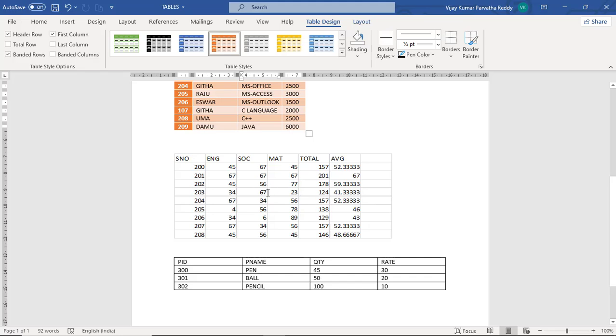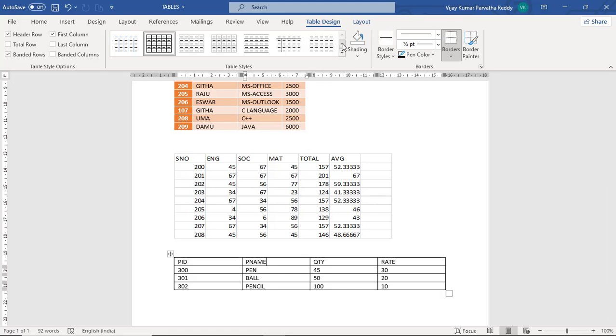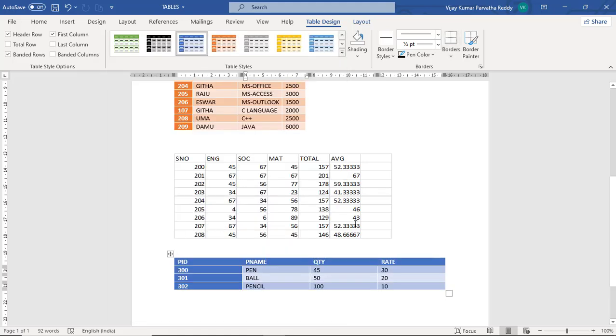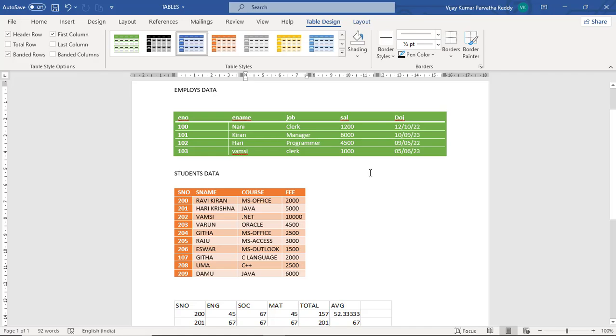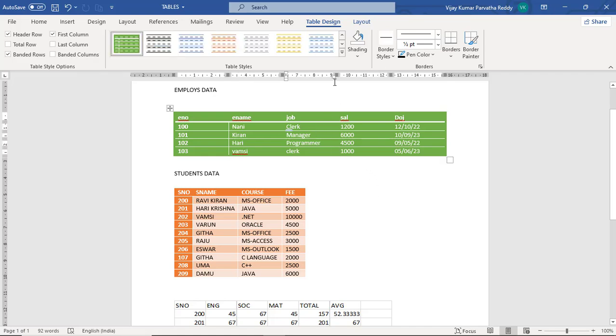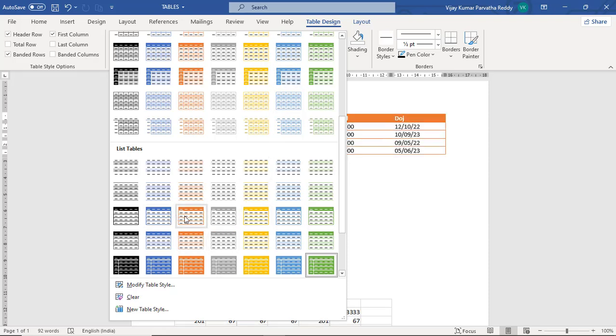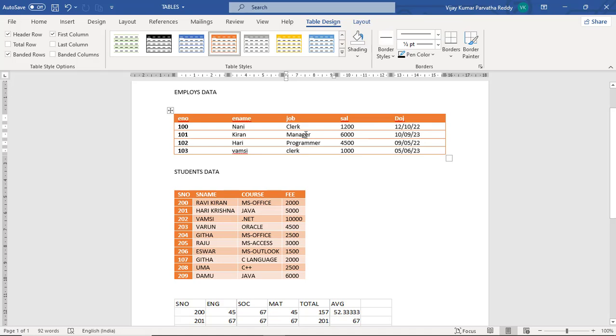And this is not a table, this is from Excel, and for this I am going to select one more style from the list, suppose like this. So once you have selected, you can also change to another style, suppose like this. Okay, so these are the predefined styles we have,